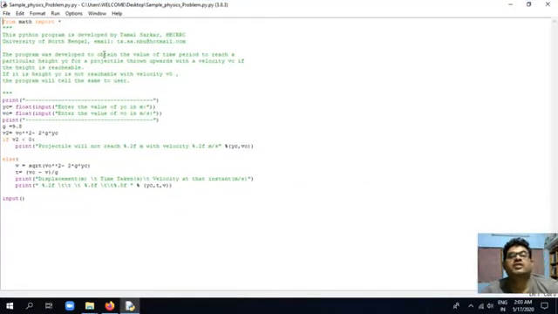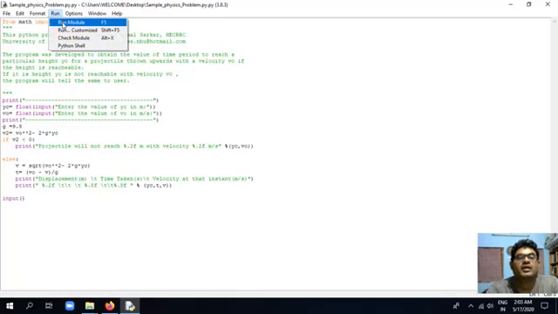Now here you can see that we have taken a simple physics problem in which we have to enter two things. We have to enter a height above the ground level and we have to enter a velocity. If a particle with that velocity can go to the height, the program will give us the answer, or it will say that with this velocity it will not go to the height. So this is the code for it. Now to run, I go to Run and Run Module.